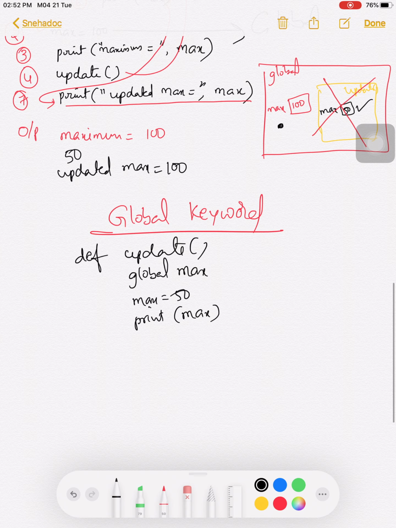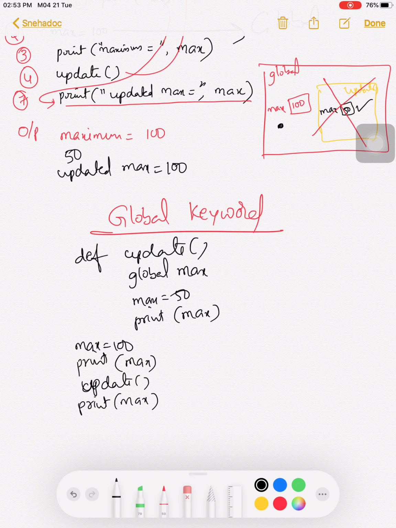Okay, children. And then what is the main program? Main program is max is equal to 100, print max, and then call that function update, and then again try to print the value max. What is the output now? Again I am drawing the same thing.